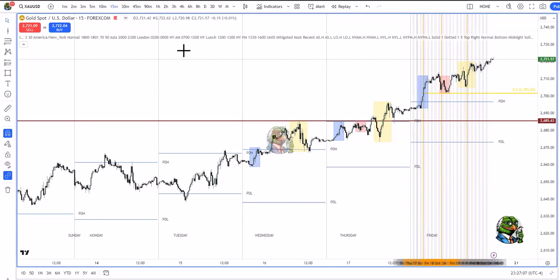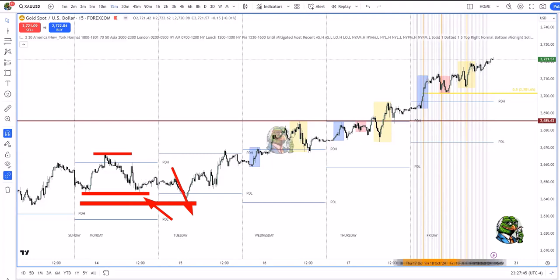So I want you to go back to Tuesday's trading, which is here. Tuesday has taken out Monday's low, right? Monday is the start of the week, and therefore Monday sets the high of the week and the low of the week at that point in time. So when Tuesday trades down and takes out Monday's low, notice the equal lows, engineered sell side, then Tuesday has essentially taken out the low of the week.